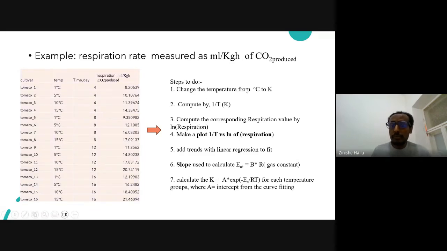First, we convert the temperature to Kelvin, and then we transform it into a linear approach. This can be done by plotting 1 over temperature versus ln of respiration rate. This can be calculated with this: k is the reaction constant, equal to A times the exponential of minus activation energy divided by RT. I will prove here that